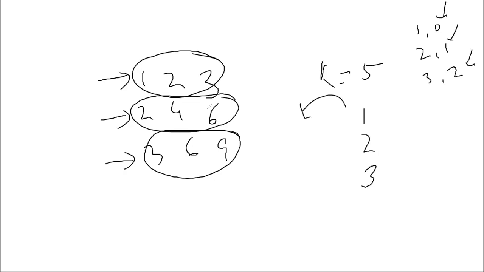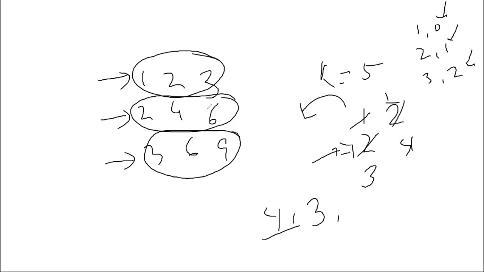Okay, so we popped out 1 and then we will add 2 from this array because there are elements I can add. And my K now is, okay, I have finished 1 element. Maybe I just need to look at 4 more elements. Now you pop out 2. You can either pop out from this one or this one. So take any one. Maybe I'm popping out from this one. So I added 4. So this is gone, this is gone. We have 2, 4, and 3 at this point of time. And K becomes 3.